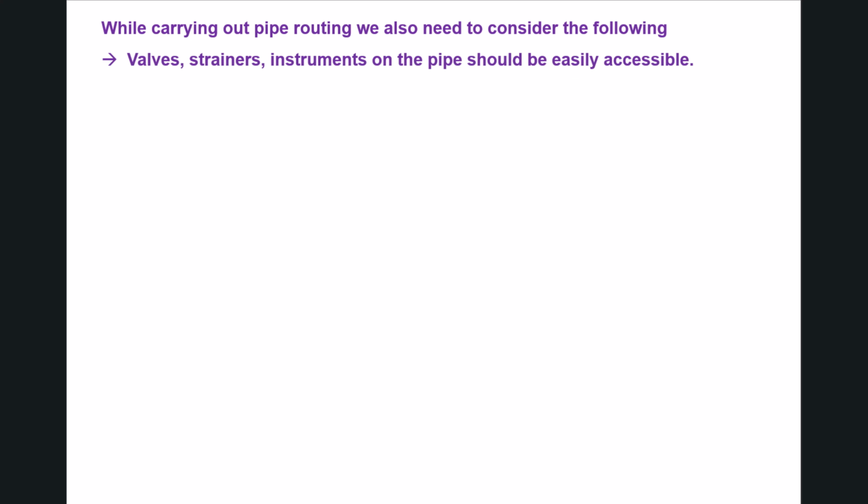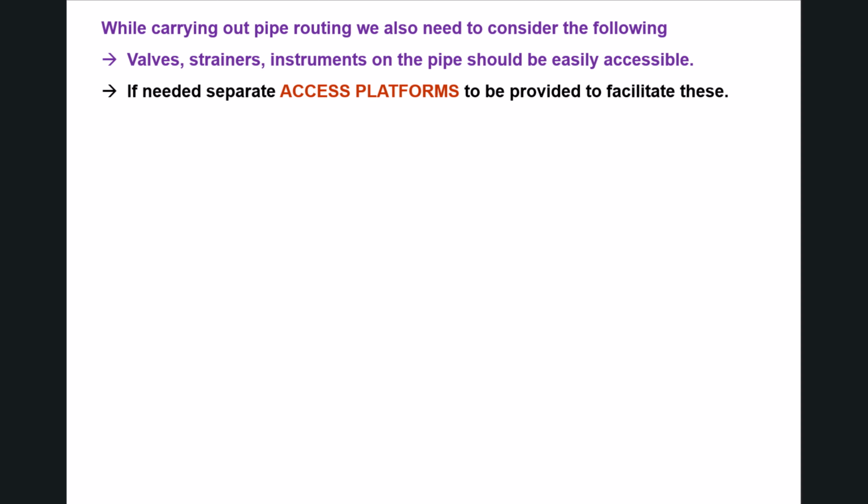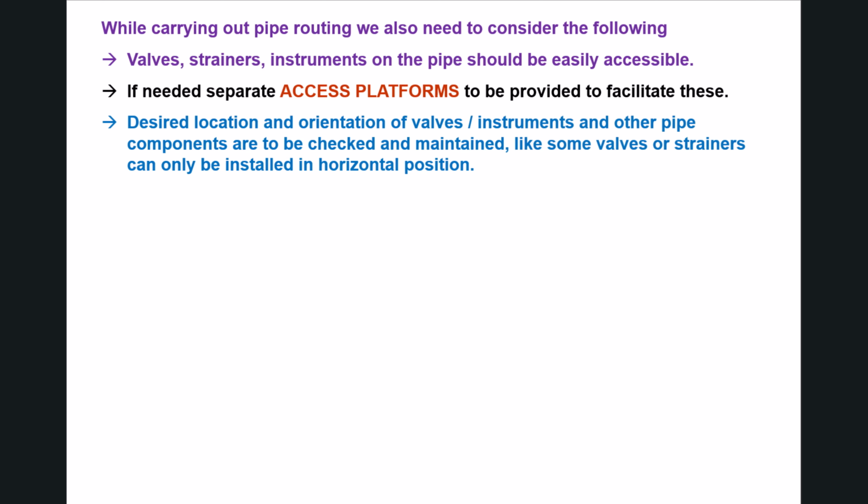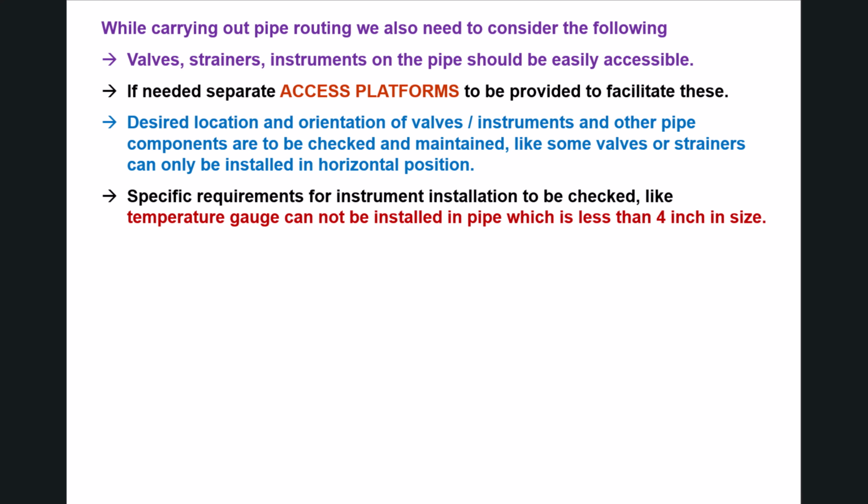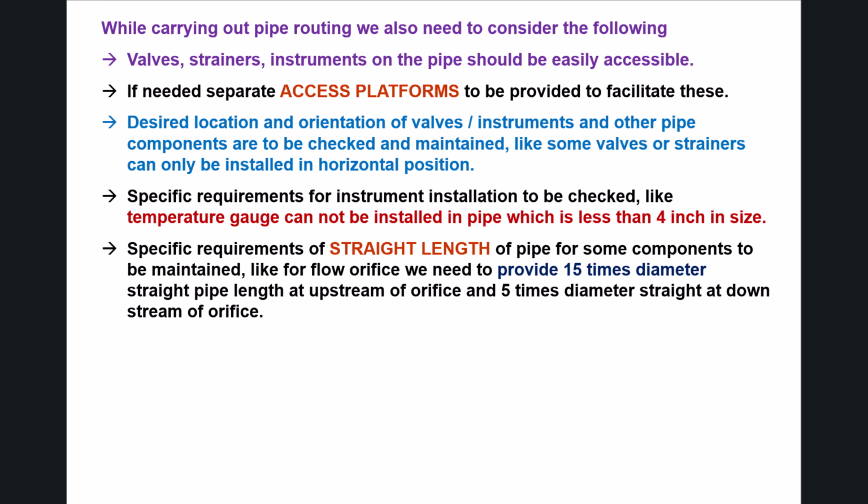While carrying out pipe routing, we also need to consider the following. Valves, strainers, and instruments on the pipe should be easily accessible. If needed, separate access platforms are to be provided to facilitate these. Desired location and orientation of valves, instruments and other pipe components are to be checked and maintained, like some valves or strainers can only be installed in horizontal position. Specific requirements for instrument installation are to be checked, like a temperature gauge cannot be installed in a pipe which is less than